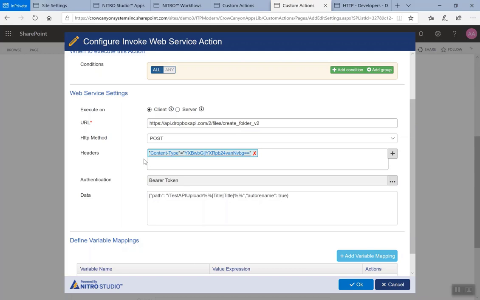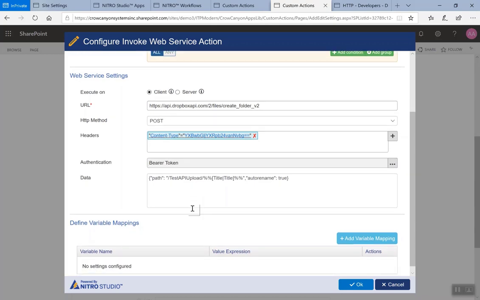Got the headers to kind of tell what are we going to be doing here, what are we looking for, what type of content, maybe some other information, other parameters about that API service that we're using. And then what's the data? So what's the actual path? What are we actually doing? And so this is going to be showing you that we're going to be uploading